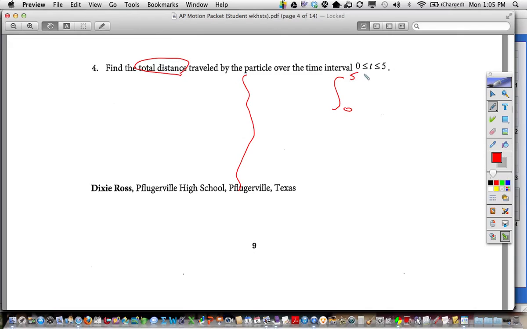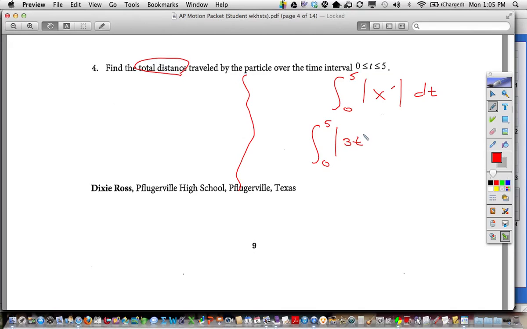Integral, absolute value of, no, it better be of x prime, isn't it? Not x. It wouldn't be the integral of x. It'd be the integral of x prime. It's got to be the absolute value of velocity. So the fastest, quickest way with a calculator to get total distance traveled is the integral from 0 to 5,